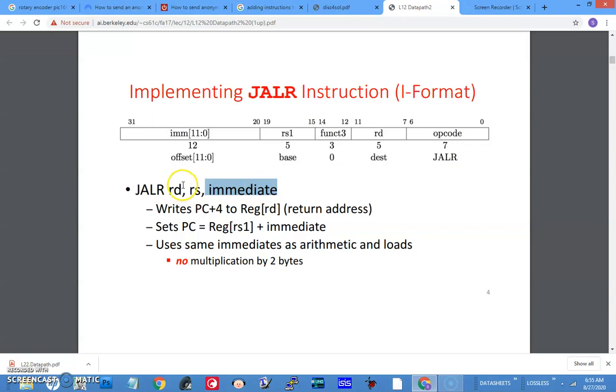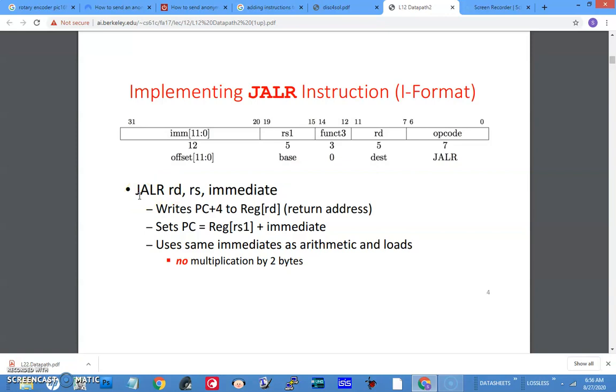And then you may ask, sir, what is the use of RD? RD is used to store the return address, so that after completing the procedure at the address obtained by this addition, we will come back to the next instruction which follows JALR.